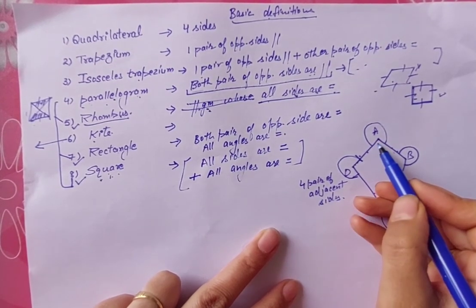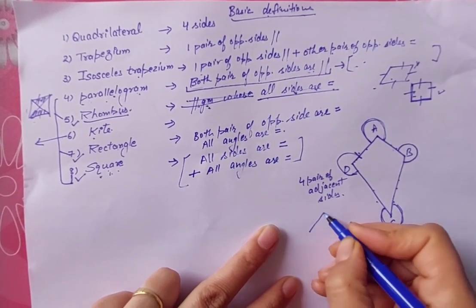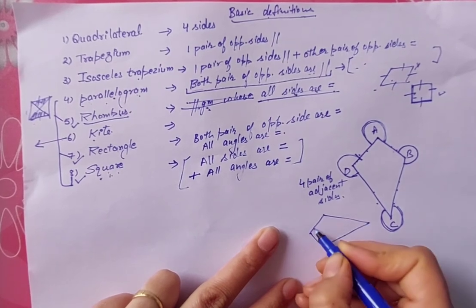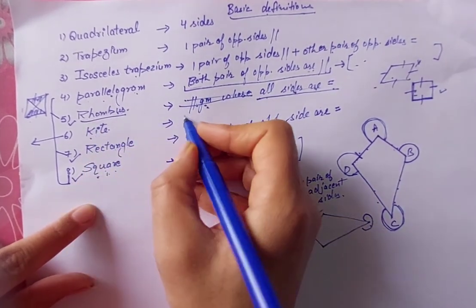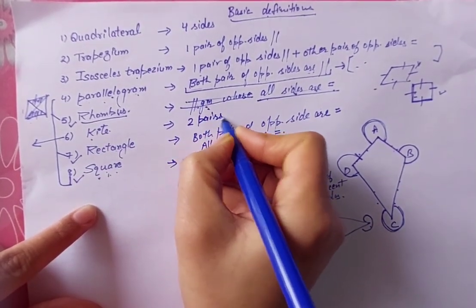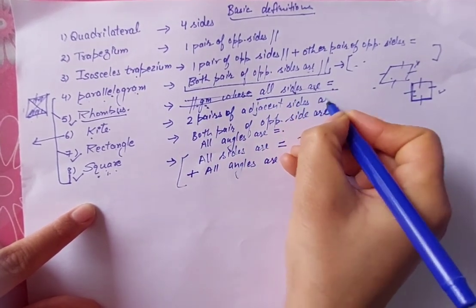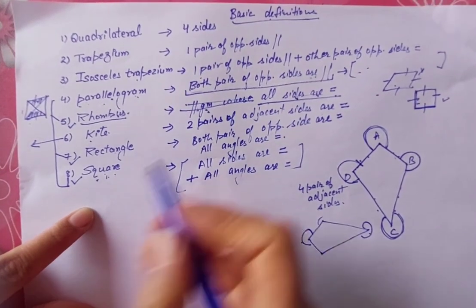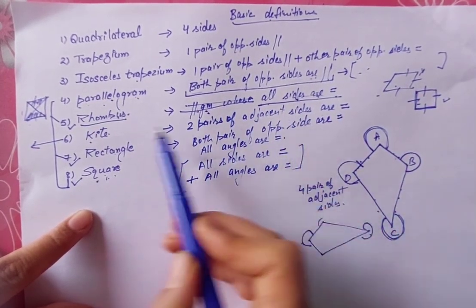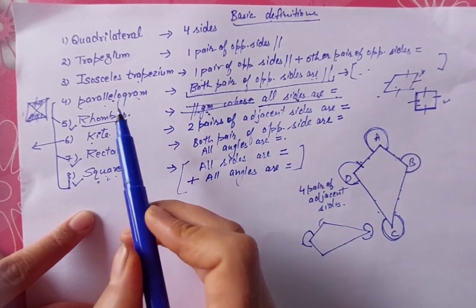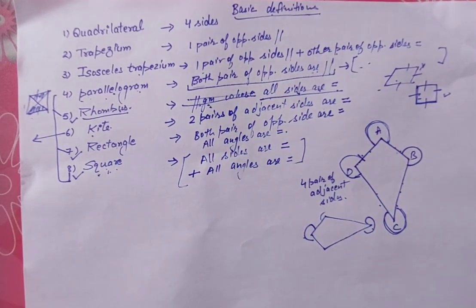ठीक है. And how do we define a kite? In which 2 pairs, one is this one and one is this one here. Okay, a kite can be made like this also. So how many pairs of adjacent sides are equal? This and this. These are not equal, no? So how do we define a kite? 2 pairs of adjacent sides are equal. Okay, so these are the basic definitions of the quadrilaterals. You just need to prove these for a figure to be a rhombus, parallelogram, isosceles trapezium, means any one of them. Okay, so just work as per the basic definitions of these figures.